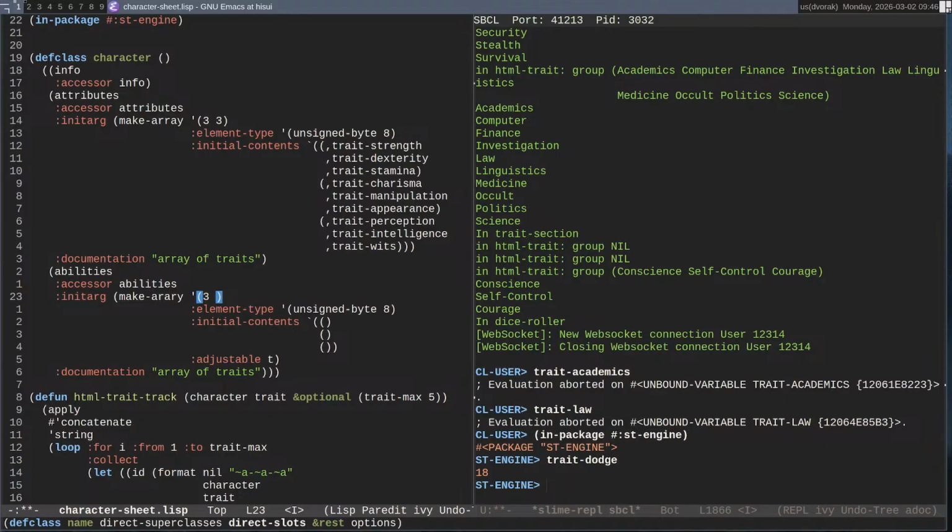This one just makes an array. You can adjust it, which means that when you call the adjust array form, it will overwrite the adjust array symbol to have the new array instead of the old one. But otherwise, you're just making a new array, using the original one.